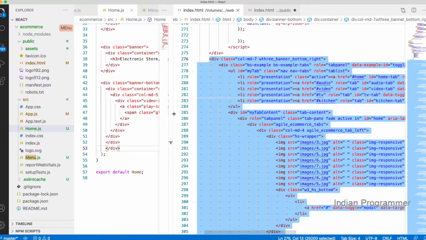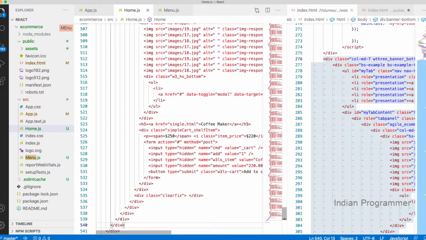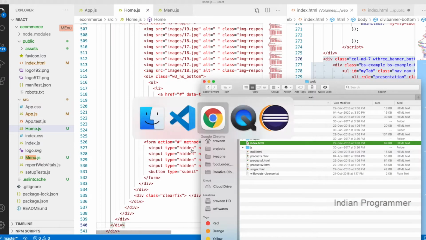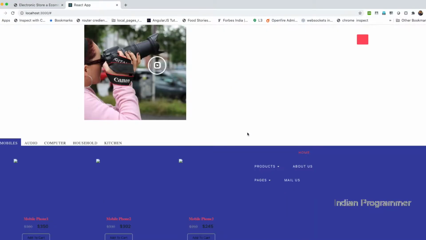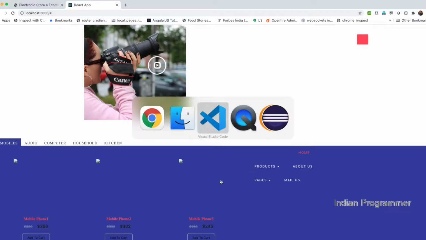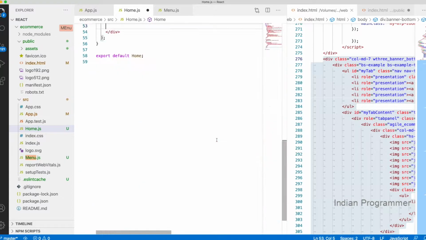I'm just copying and pasting and I don't know whether it is working or not. Let me see. So it has to come inside the header. Yeah, no. It came, but it is unaligned actually. Some problem in the div actually. So let me see.